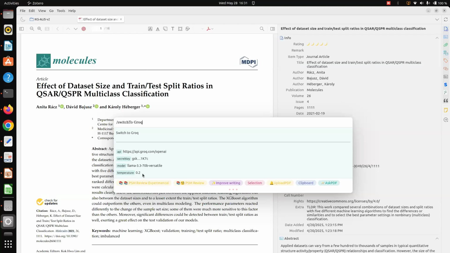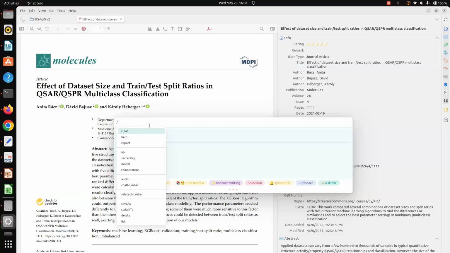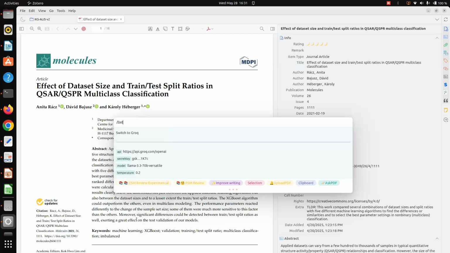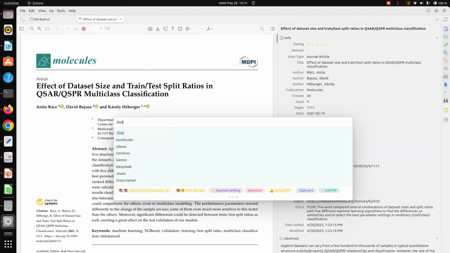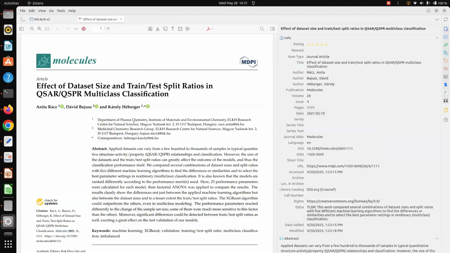It can range from 0 to 10. So I kept it close to zero here, and I am utilizing Groq. So my system is all set now. I actually switch to Groq. Groq is now ready. And if I list now, what happens? So now you see Groq is selected. To escape from here, you can press escape, and it will go out.